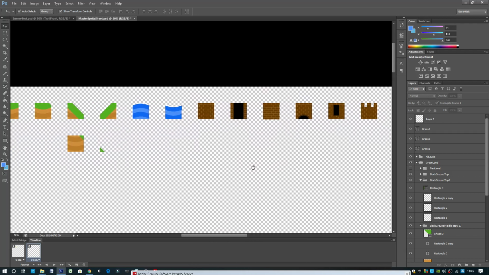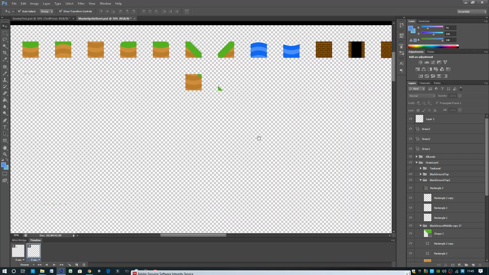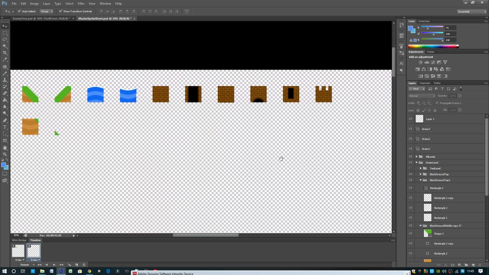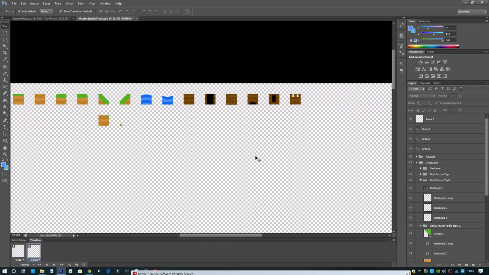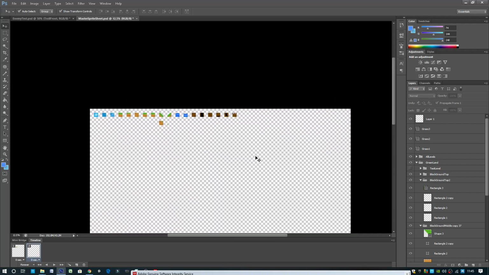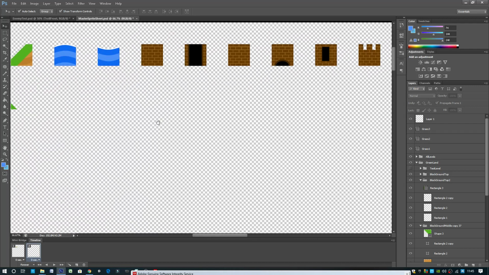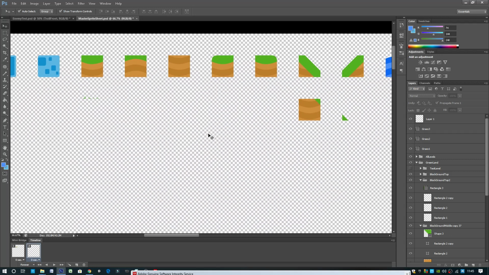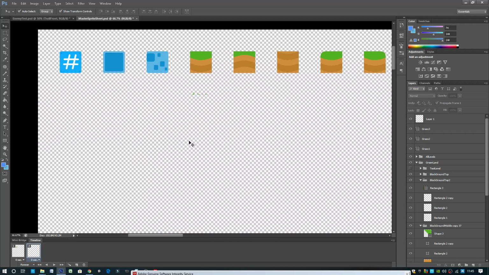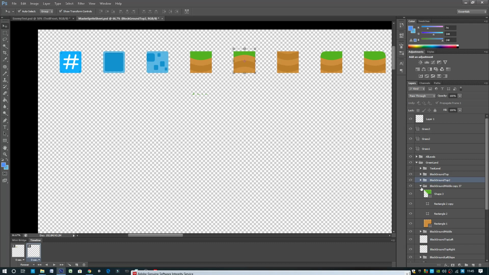As you can see here, I've made a start on my sprite sheets. Nothing too in depth at the moment. As you can see, I've only got a handful there. I'll give you a quick rundown of what each one is. So we're starting off with, this is going to be my hashtag block. Before we get into all of that, we'll talk about